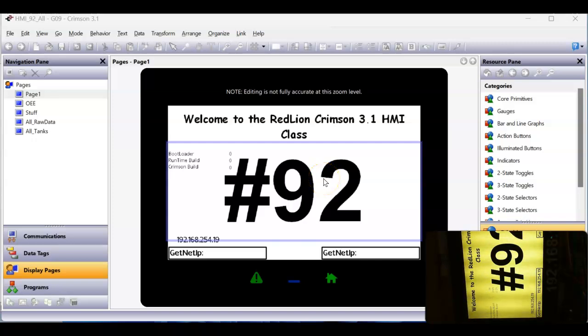Folks, this video today is going to talk about how to download to a Redline device over Crimson 3.2 using the Ethernet method. I believe I have another video that already shows how to use the USB, which actually shows it as a COM port. In this case, I'm going to try to use the Ethernet method to download to Crimson 3.2 to one of